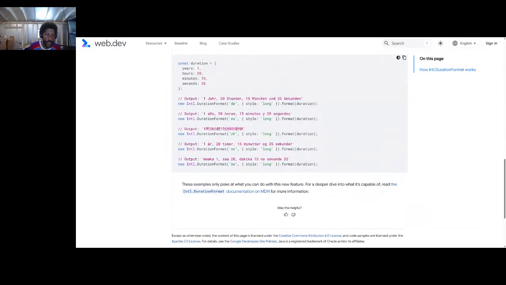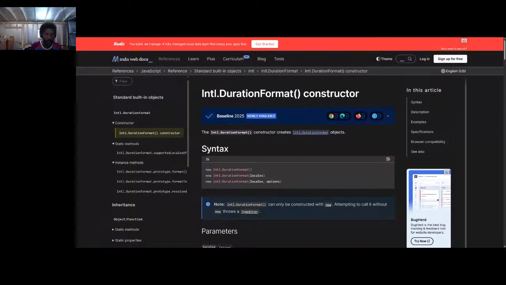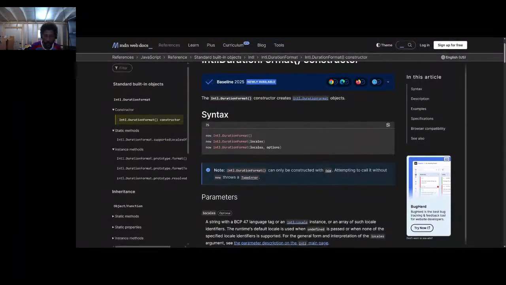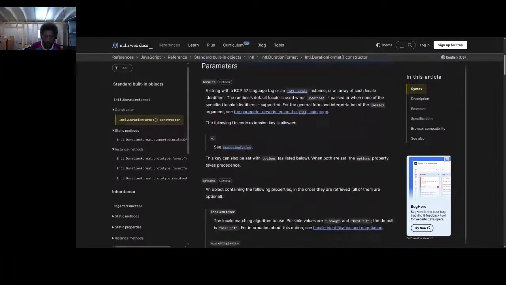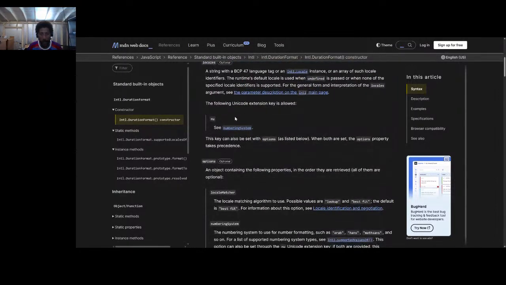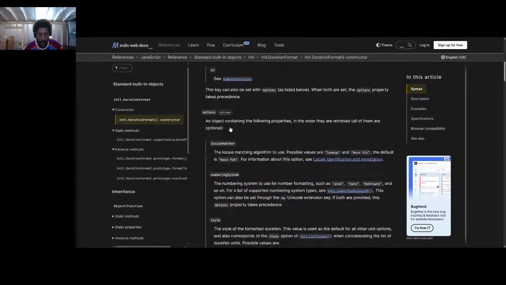So these examples only poke at what you can do with this new feature. For a deeper dive into what it's capable of, read the Intl.DurationFormat page on MDN. So we'll take a look at that documentation and switch to this tab instead. All right, so same thing here, locales, options. So like the different numbering systems. Okay, so the options,